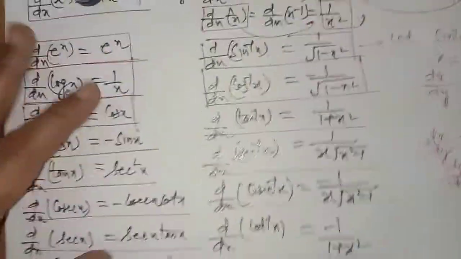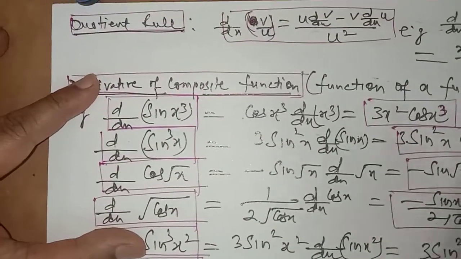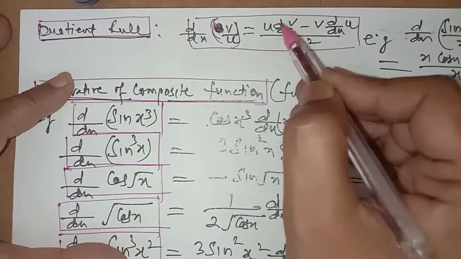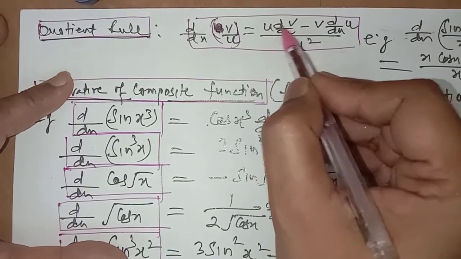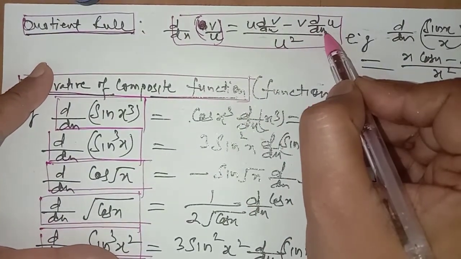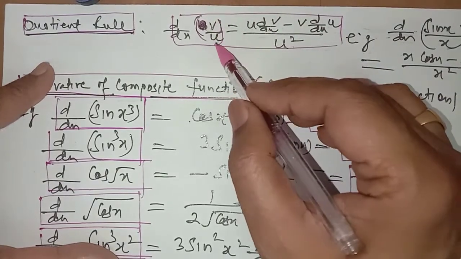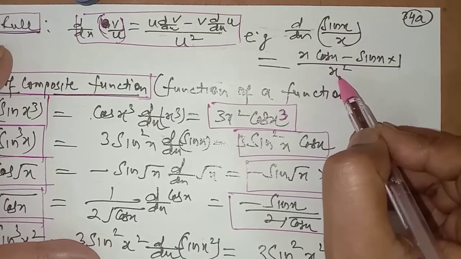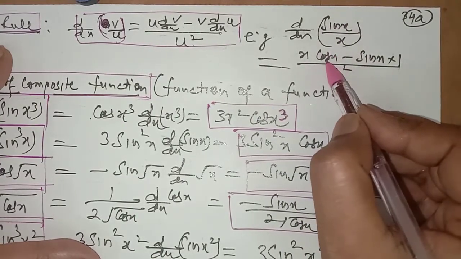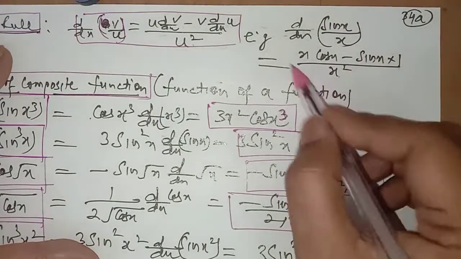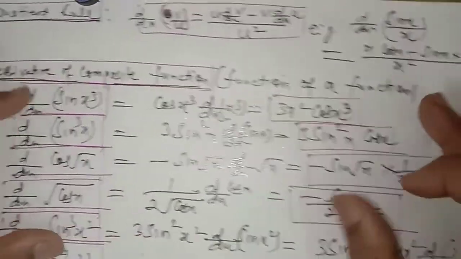Now after this we have the remaining quotient rule, also done in class 11th. What does the quotient rule say? If we have u upon v, the result is over v square, the square of the denominator, and in the numerator we have the derivative of the numerator multiplied by the denominator minus numerator multiplied by the derivative of the denominator. This is the quotient rule for u upon v. I have taken this example, sin x upon x: the square of the denominator, derivative of the numerator, that is cos x, minus derivative of the denominator into numerator. This is the quotient rule you have done already.